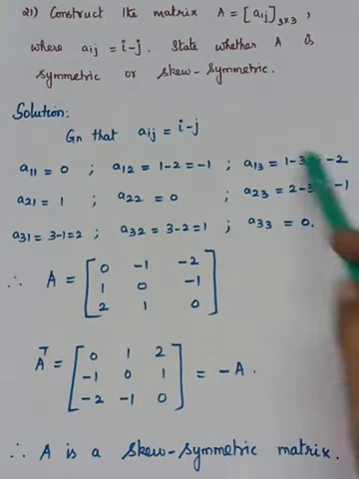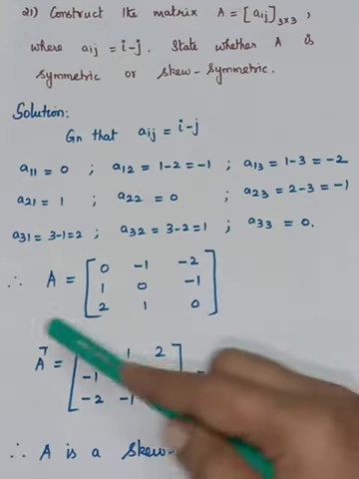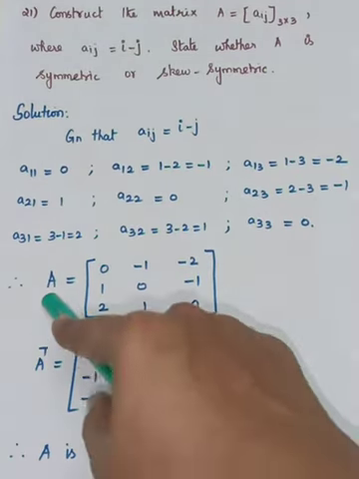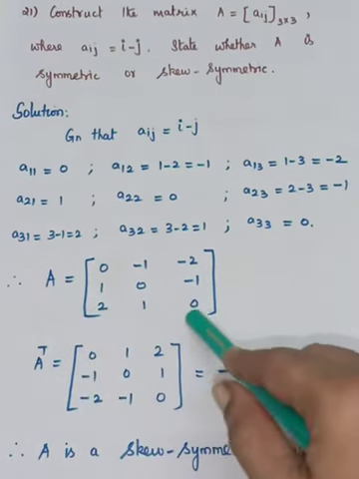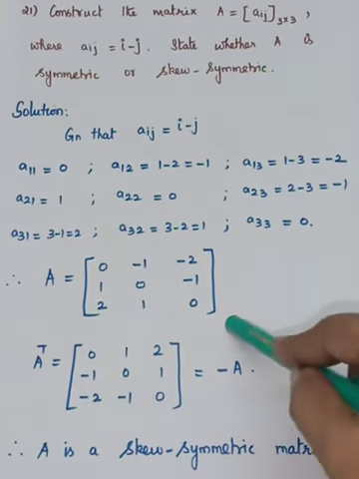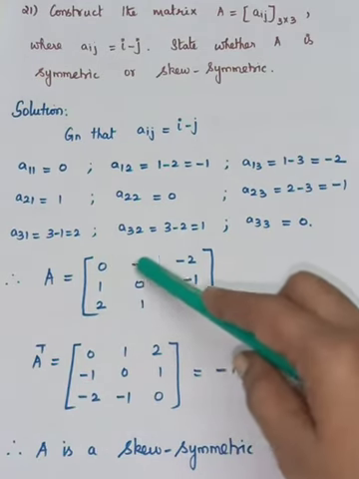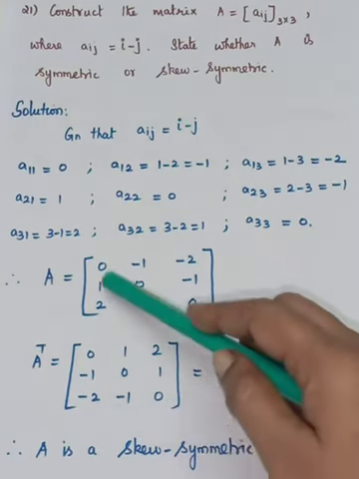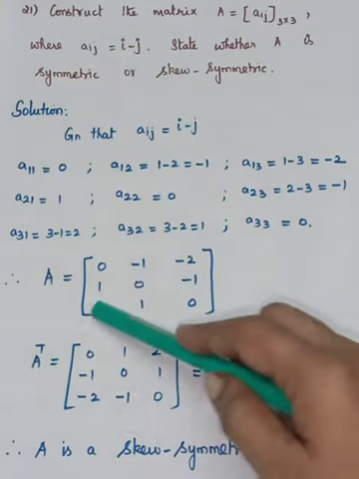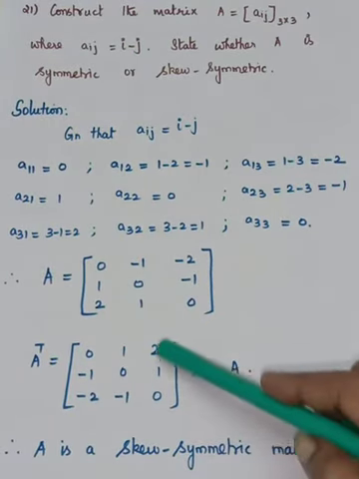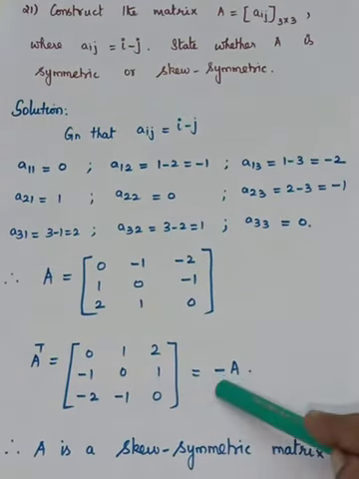A33 is 0. So it has to be written as the matrix whose name is A. So we have to check whether it is symmetric or skew symmetric. So you have to find out A transpose. Take the first row, write it as the first column. Second row, second column. Third row as third column. So look at this. If you take minus out, the